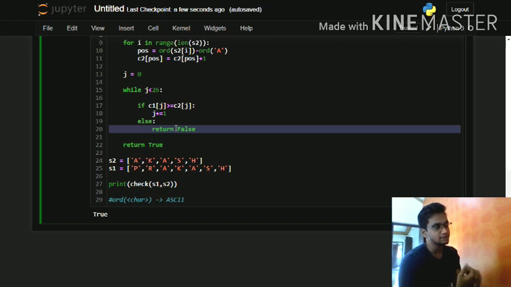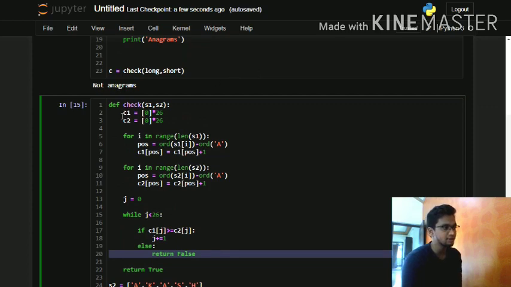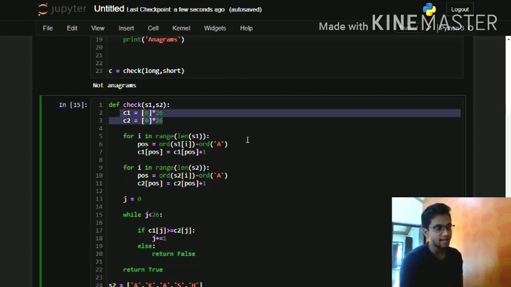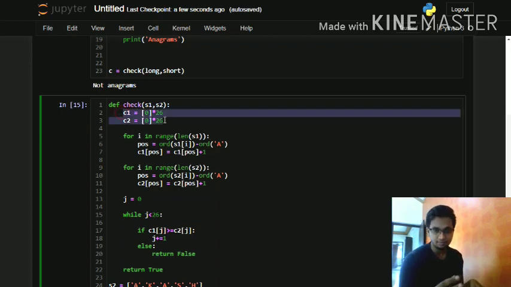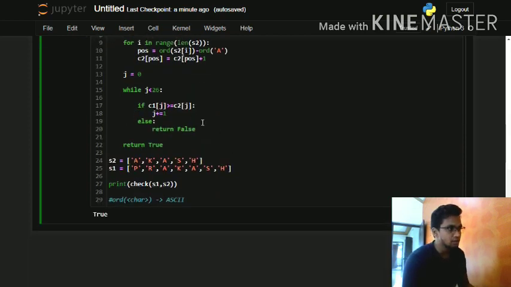While we are doing this question, both of the strings get automatically sorted while using this C1 and C2, because, as I have explained, if the character is A, then inside the C1 array it will point to the first element. If the character is Z, it will point to the last element. Whether this string might be sorted or not, when you use ord and these two temporary arrays, the string will literally convert into a sorted array format. It doesn't matter anymore. So if, in the longer string,